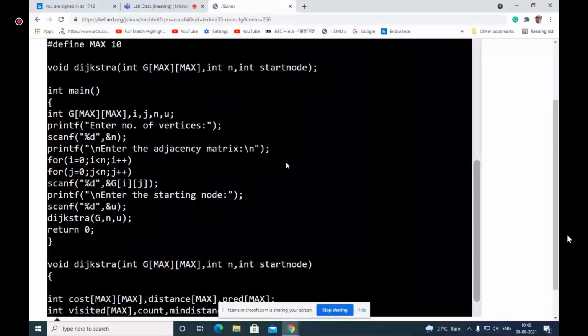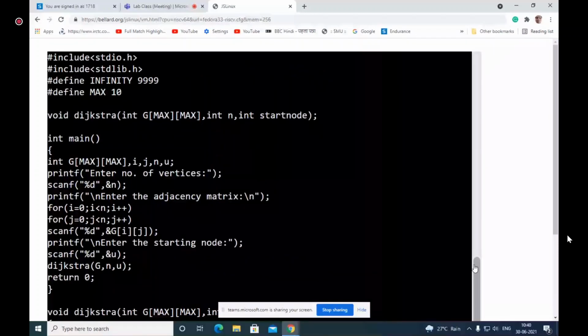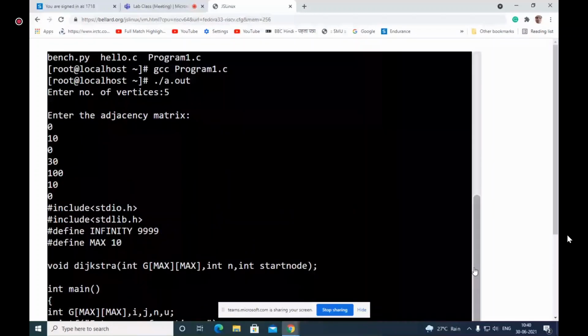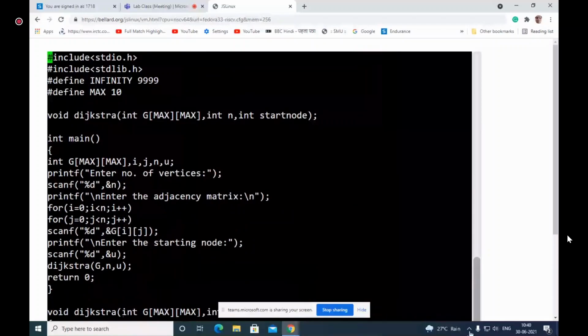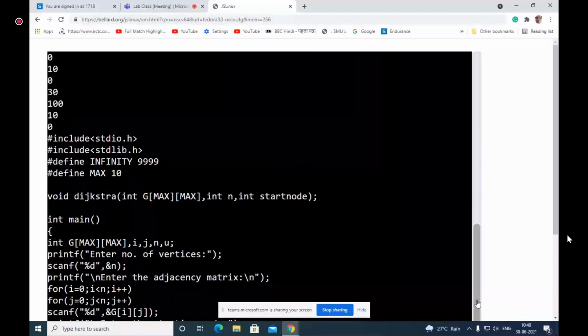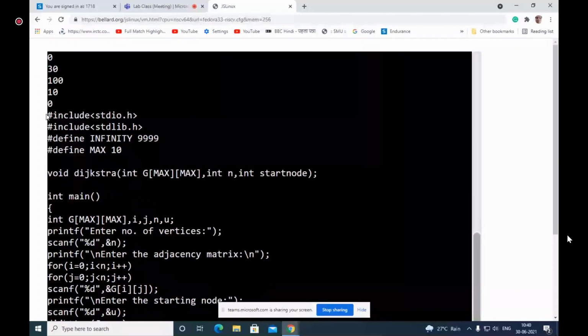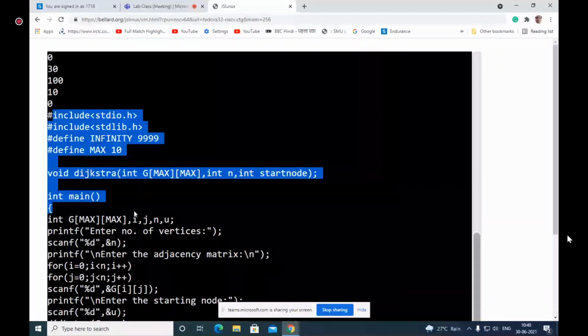So this is just the length of the code. It is not a very long code, just 50 lines. It starts from here and goes on like that.